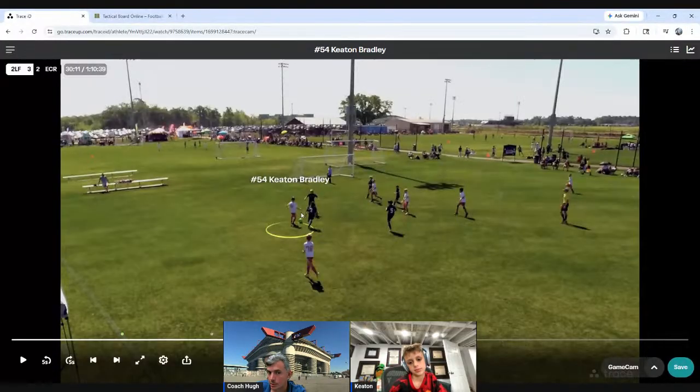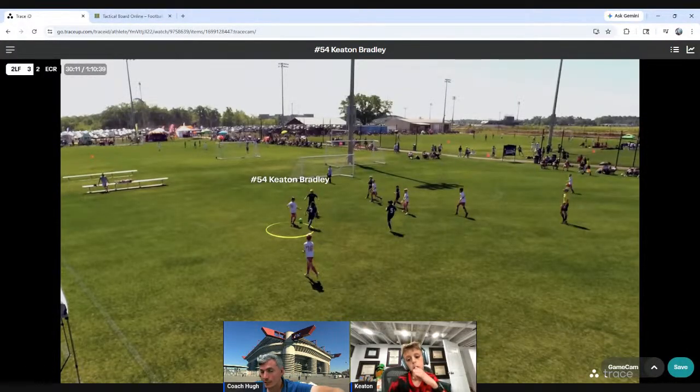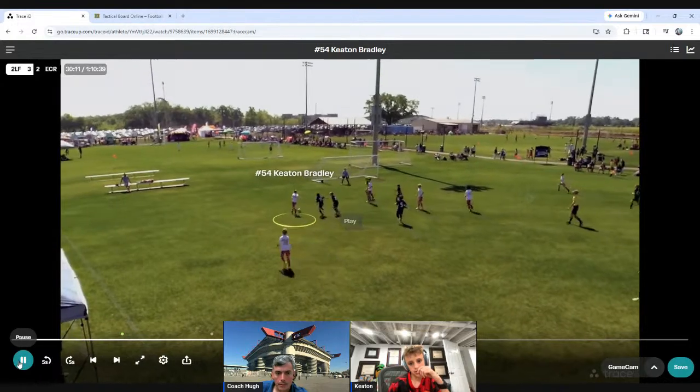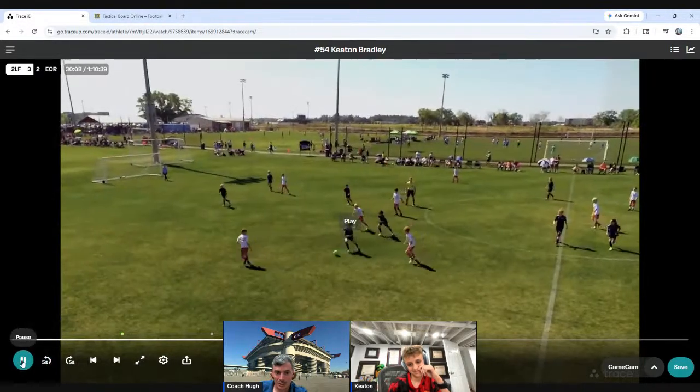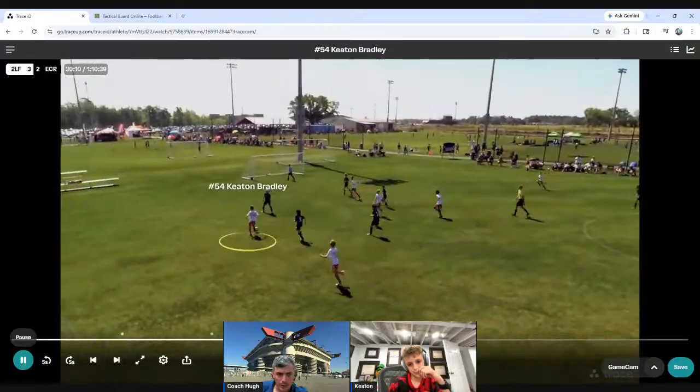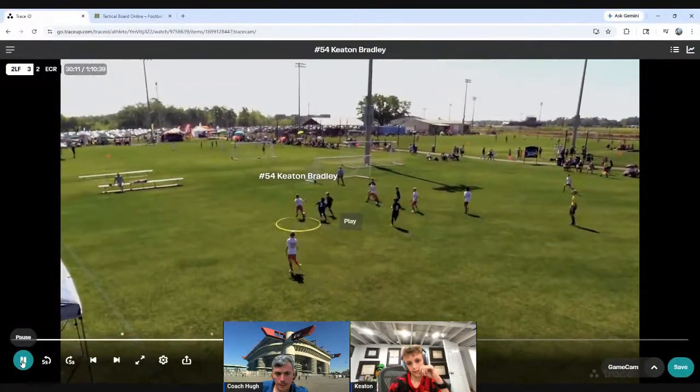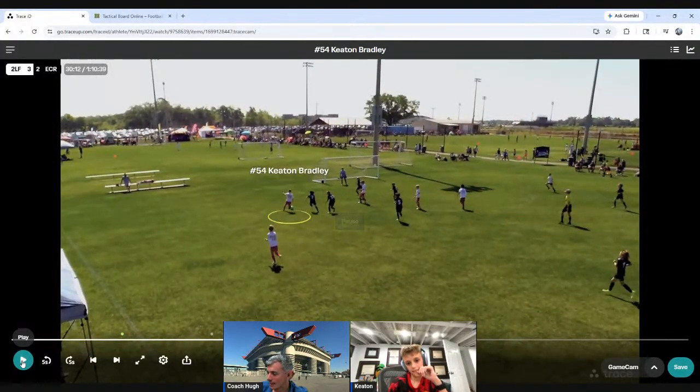Look where his hips are. His hips are forward. If you can get this ball behind his right shoulder, to your left, his right, if you get this ball to the back of him, you got him. He's cooked. Oh, you did it. Okay, so that was a great little step over there. Square him up. Love the sole roll. And then we've got to use the left foot here or keep driving.